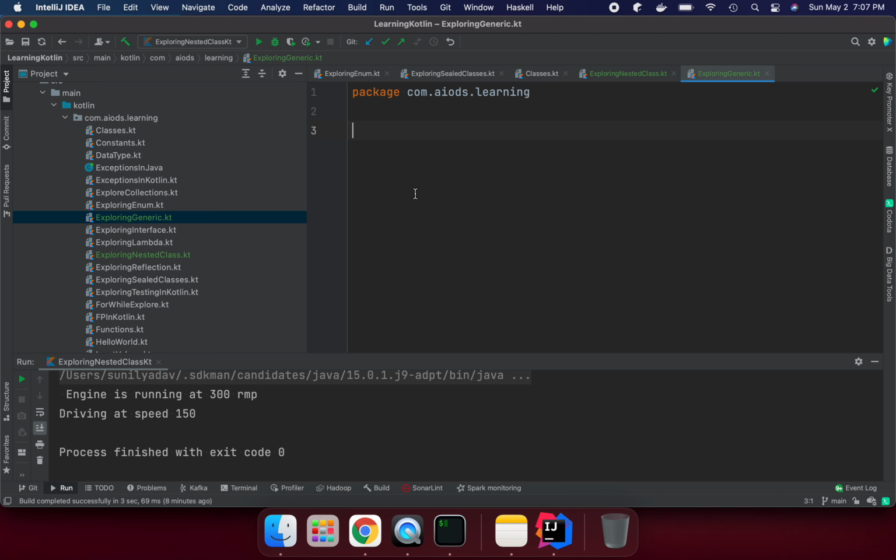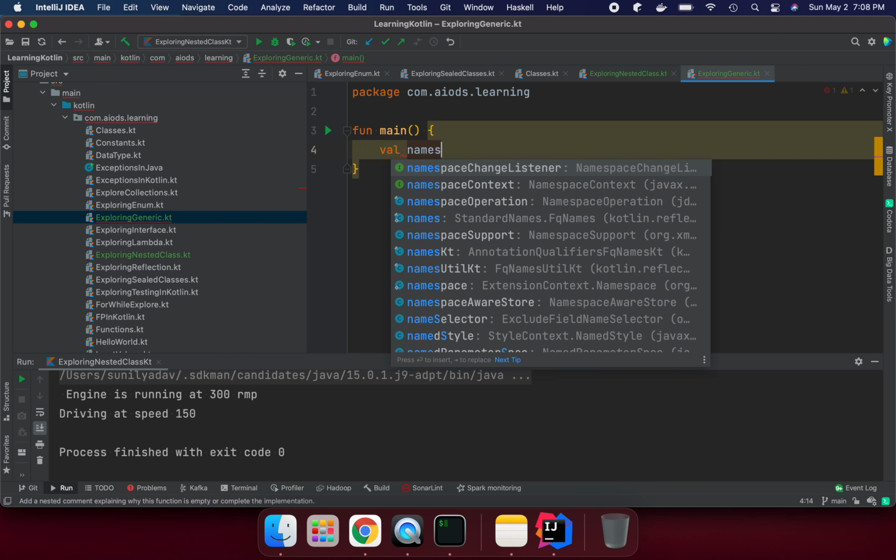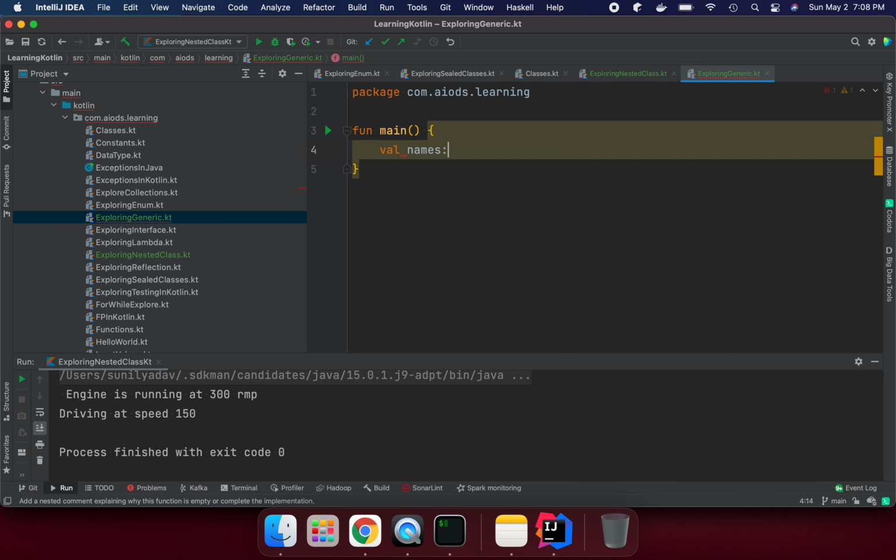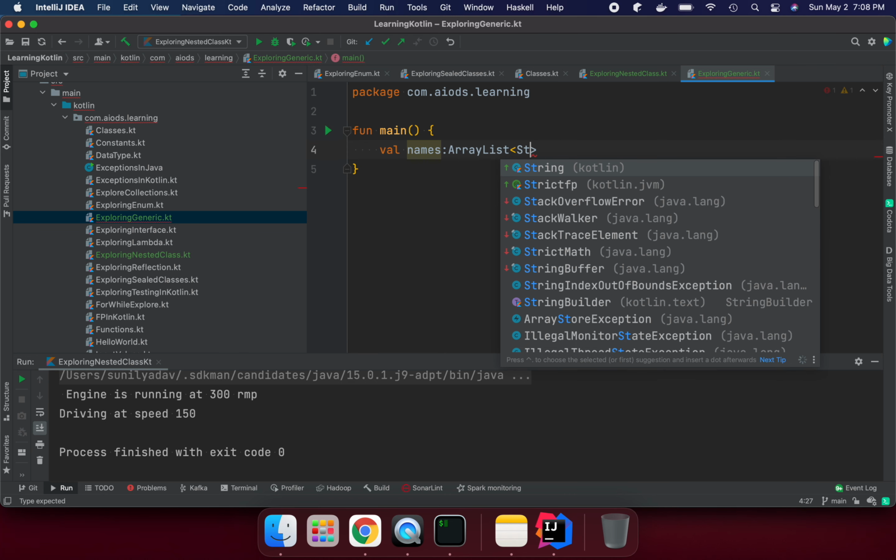Now I'm going to create a main method. For example, we have a val names list, names, and that is something we are going to say ArrayList. And you see, I'm saying it is going to store the string type.